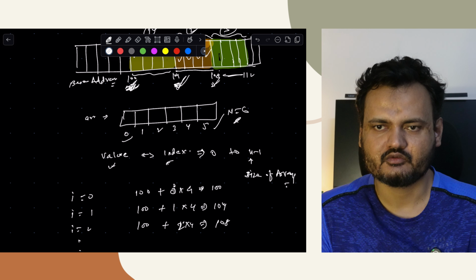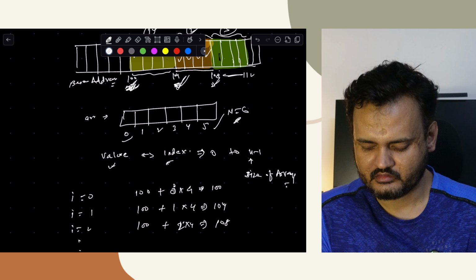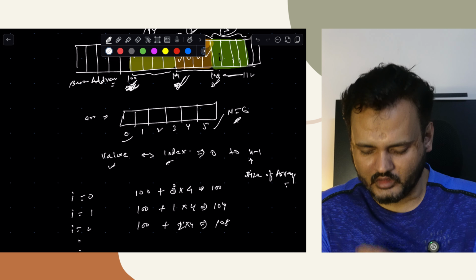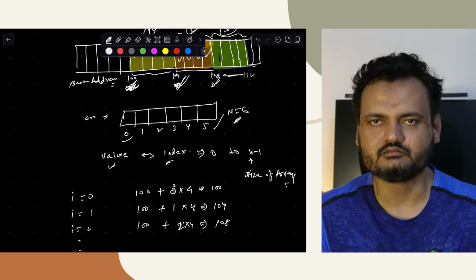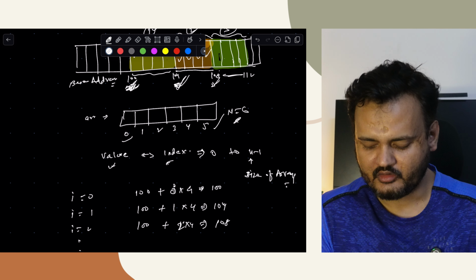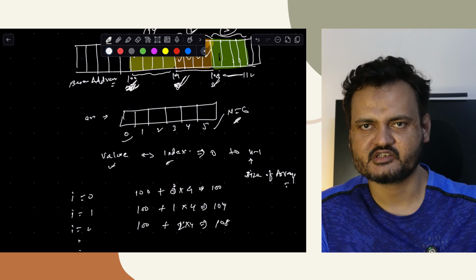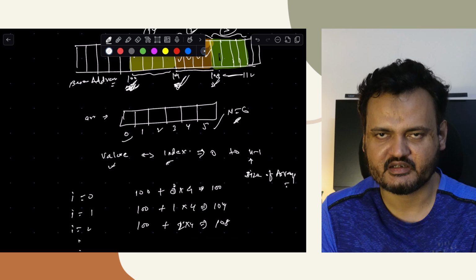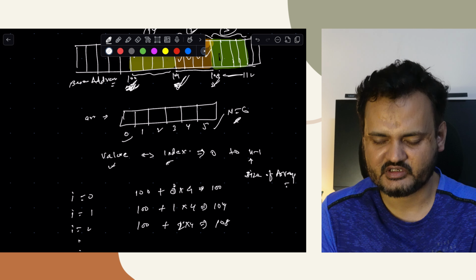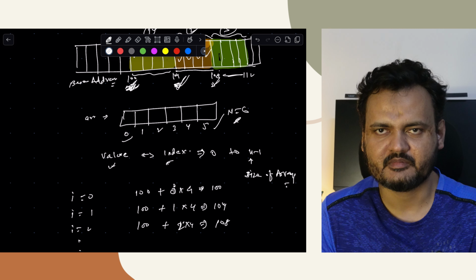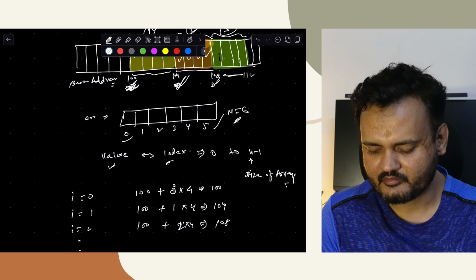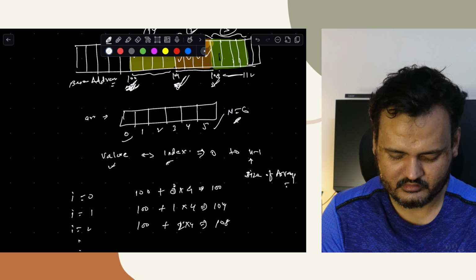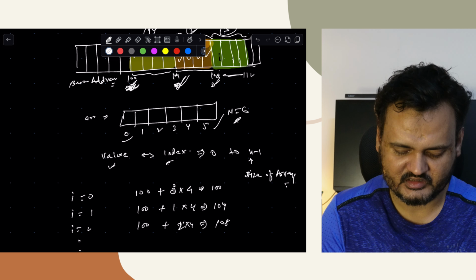So now how will we calculate the address of a particular element? So next we will see how we can calculate the memory location of a particular element. So for example, i is the index, starting at the 0th index. So base address, for example, we have taken 100. So formula will be like base address, which is 100. Formula will be like this: base address plus index